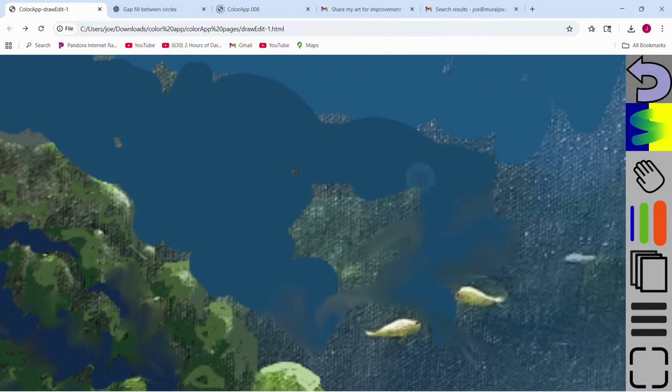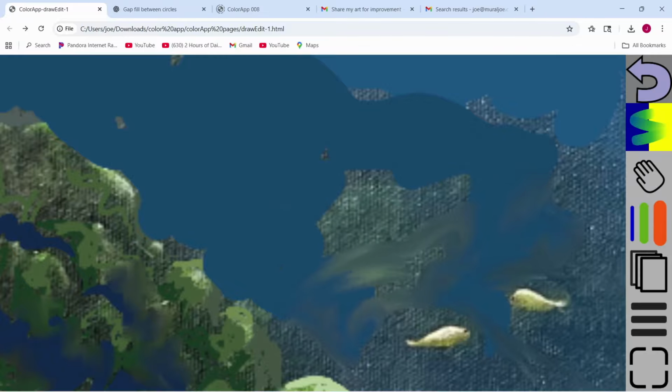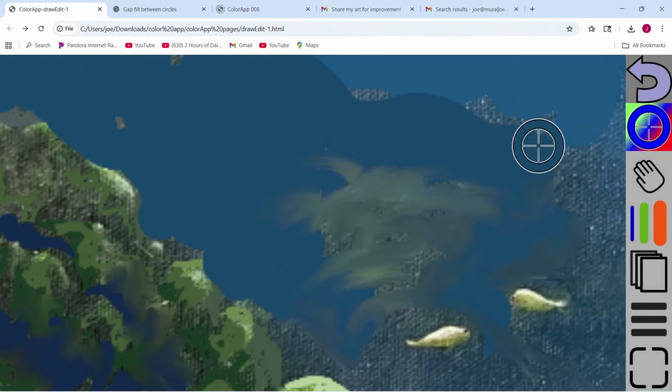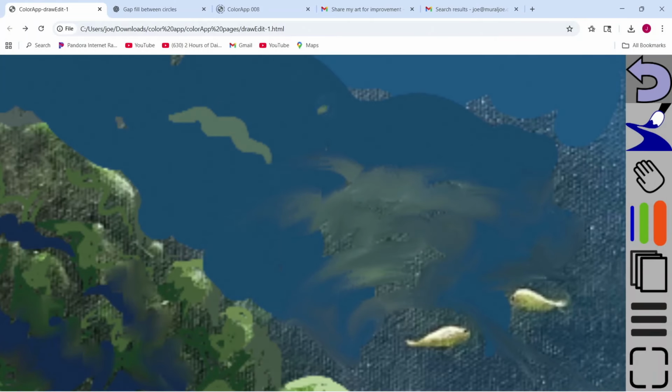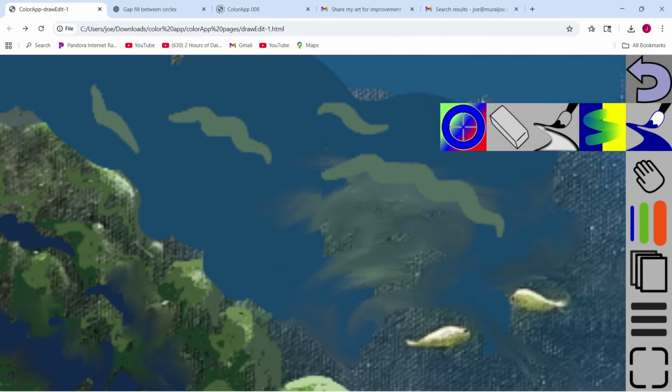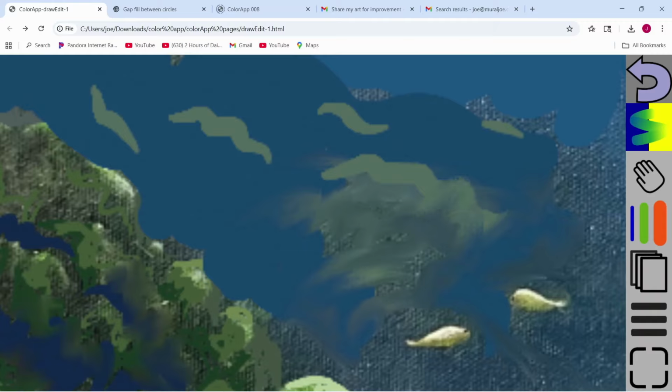I'm going to try to restore some of your green underwater vegetation here. Let's see if we can swatch some of that color and just add a few little doodads in here. Oh, smear it. My technique is not as pretty as yours with this little app, but it's a fun thing